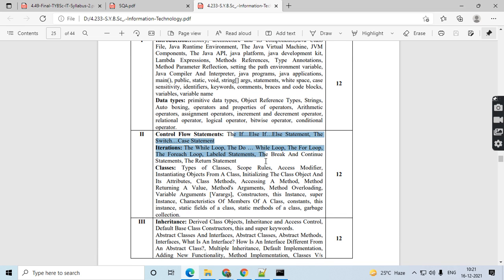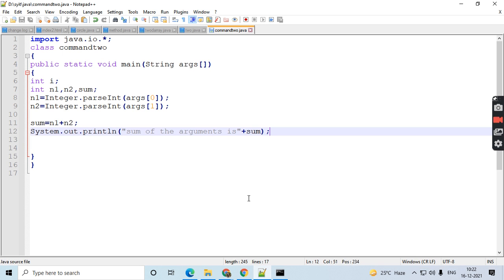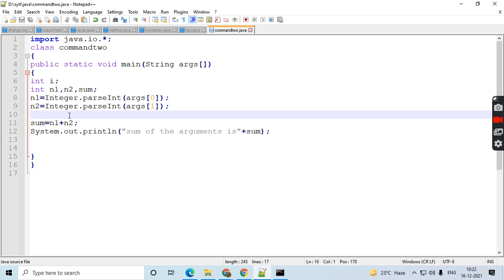You have to do the program using the different loops: while loop, do while loop, for loop. There is one more loop which is called the for each loop. All this you have done in C++. In the same way you can apply it in Java also. If you want to go for a while loop, you can go for the factorial of a number. In the same way, suppose you want to implement this while loop,